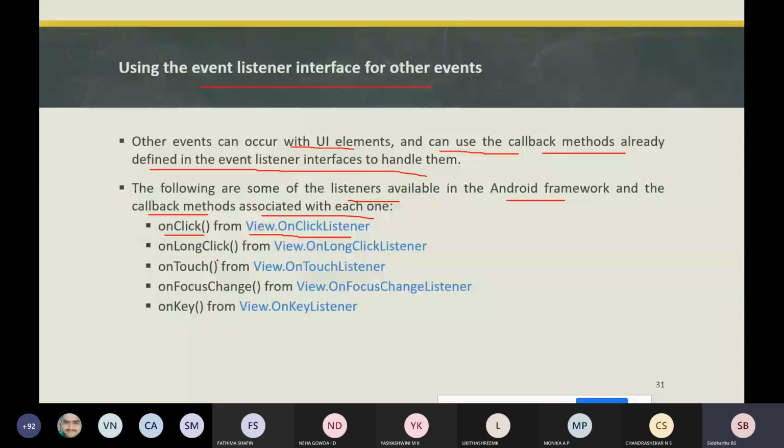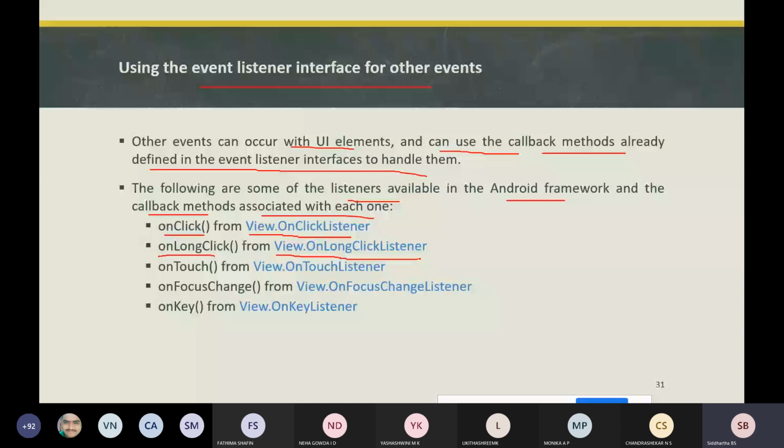Next is on long click, where this method is from the View.OnLongClickListener interface. It handles an event when the user maintains a touch on a view for an extended period. It means that if you continuously keep pressing a particular button, something should happen.